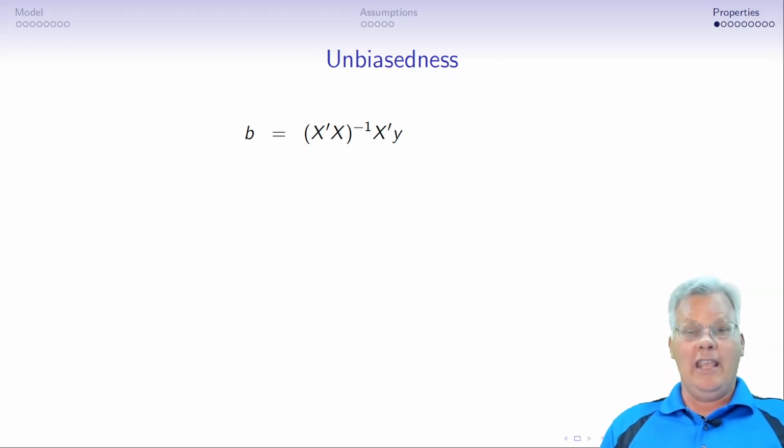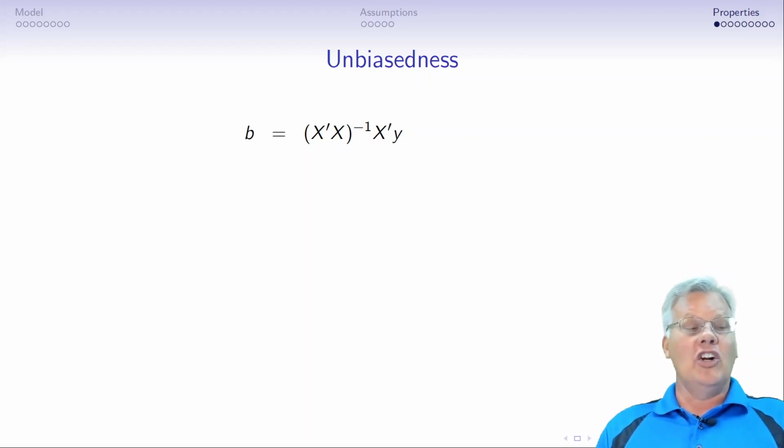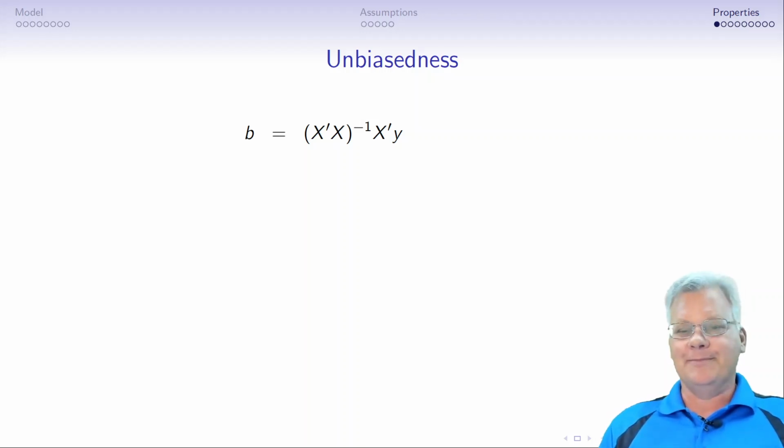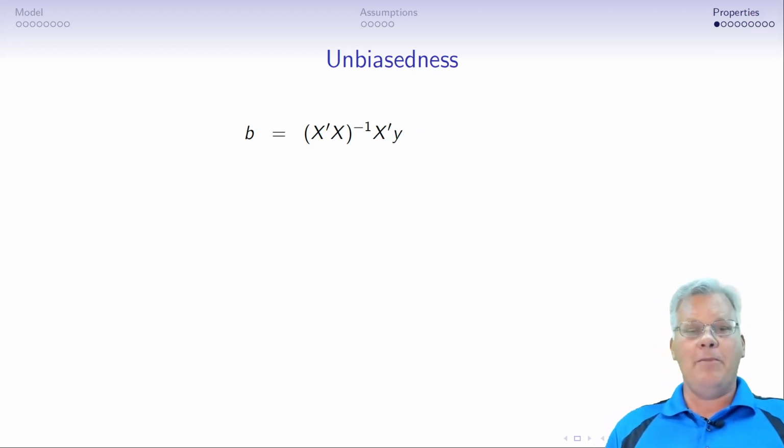The first one is that the OLS estimator B is unbiased. What it means literally to be unbiased is that the expected value of B is beta. So in other words, the central tendency is beta. We're not estimating beta with any systematic bias. Okay? So to show this, we'll do first a little bit of algebraic manipulation on B, and then we'll take